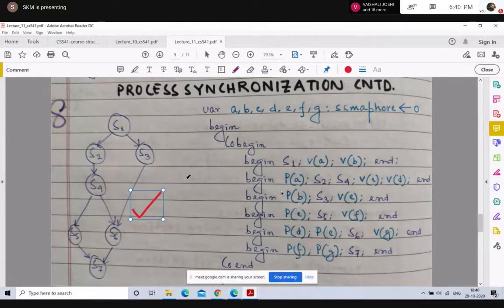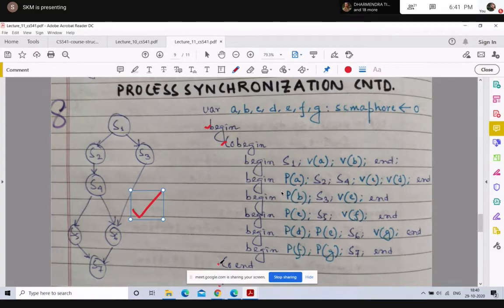So what I am doing here is, I will obviously start with the begin and end construct for this portion of my code, and then I will define a co-begin and co-end construct within the begin and end construct.